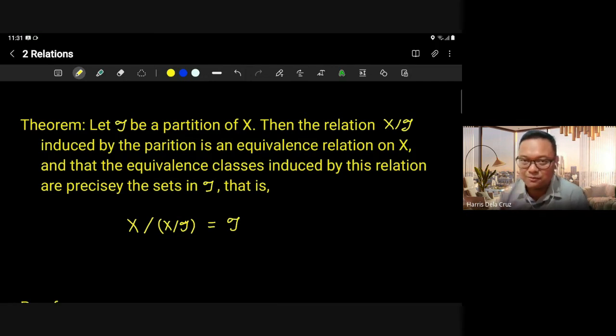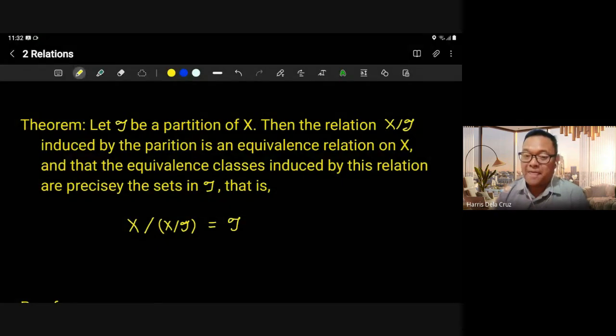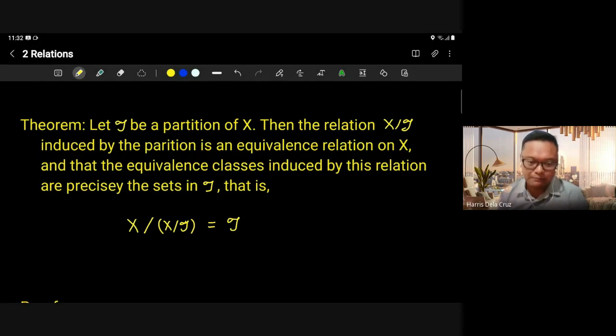So, dalawa yung kinlaim ng theorem. Una, yung relation na to, this is actually an equivalence relation. Okay? So, equivalence relation siya. Pangalawa, dahil isa siyang equivalence relation, sabi nung naunang discussion natin, mag-i-induce siya ng partition. Tama? Kung naalala niyo pa, lahat ng equivalence relation, nag-i-induce ng partition. At pag kinumpute mo yung i-induce na partition, ang makukuha mo precisely, yung mismong T partition na na-induce